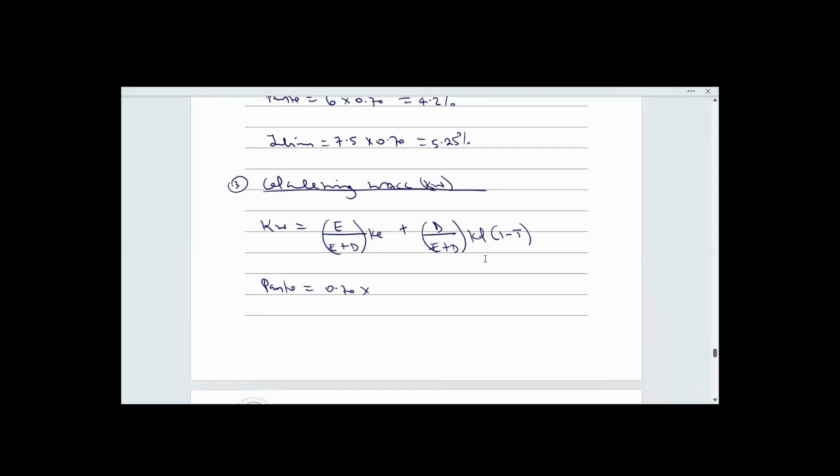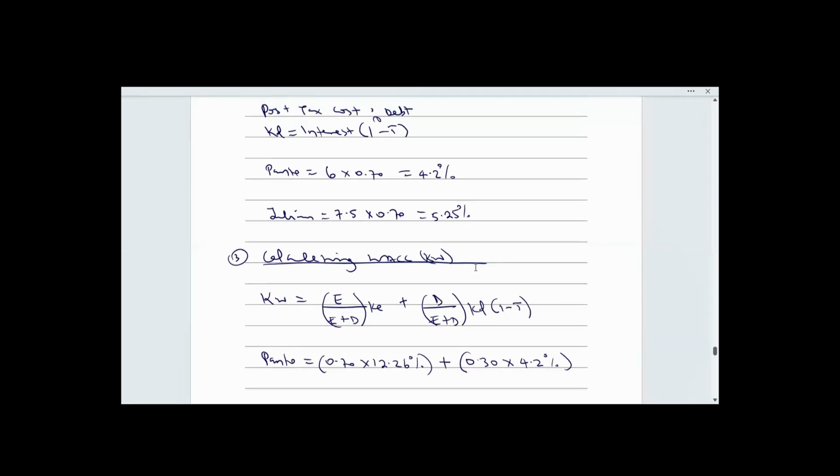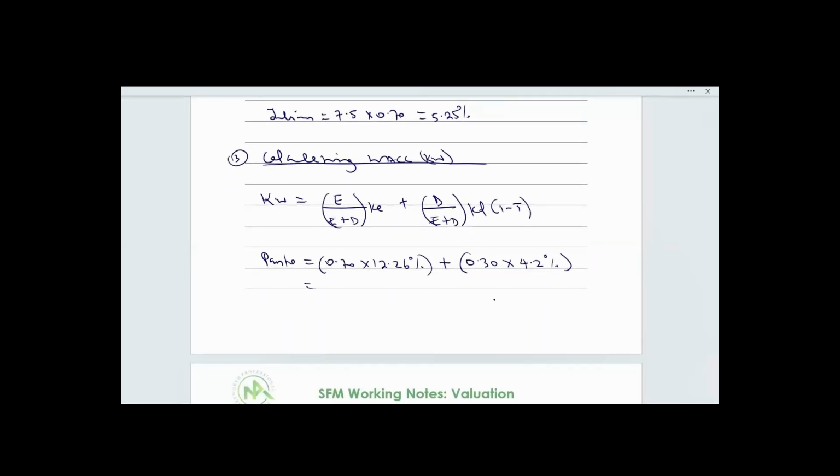12.26, plus debt is 30% multiplied by the cost of debt for Panto, 4.2% after tax. So there's no need to put 1 minus T again because we've already adjusted for tax. Therefore, for Panto, 0.7 multiplied by 12.26 equals 8.58%, plus 0.3 multiplied by 4.2 equal